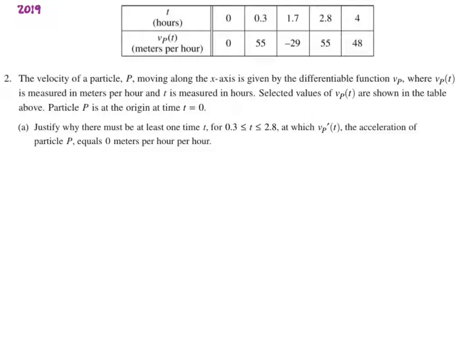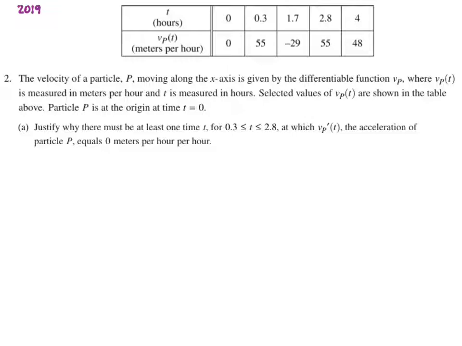All right, part A, it says justify why there must be at least one time in that interval for which V sub P prime of t, the acceleration of particle P, equals 0. Now, we're looking on the interval 0.3 to 2.8. Again, because it says we are looking for a time,